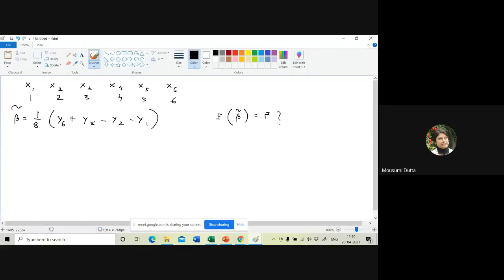And for this entire problem, we will consider the linear relationship between y and x as yi